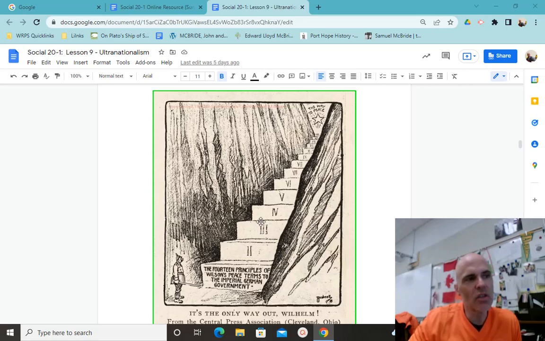Because the conditions of peace, the articles of Wilson, and let's keep in mind Wilson was the idealist. You know, a more accurate cartoon would be showing George Clemenceau's want for revanche. But here as well, we can see that, at least the perspective of the cartoonist, that it's the Treaty of Versailles that will help prevent peace. The conditions of the treaty itself will be so demanding of the German people that they won't be able to get to the end to achieve peace.